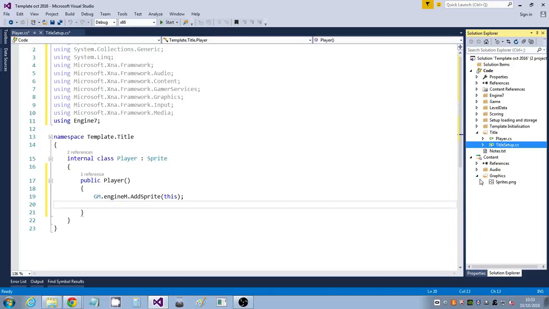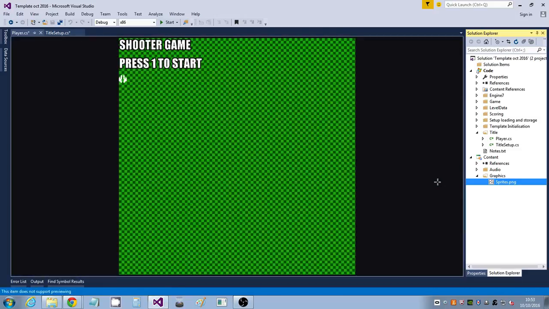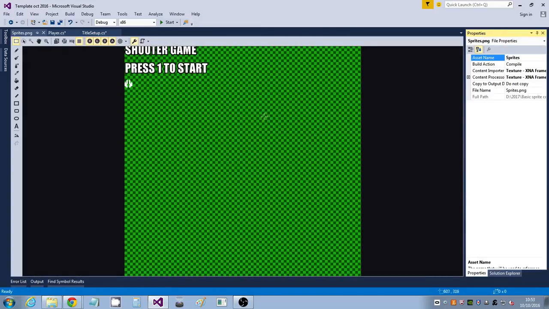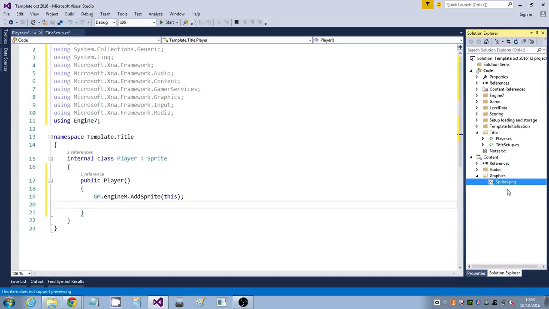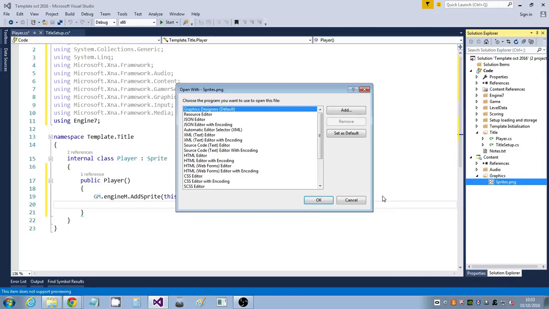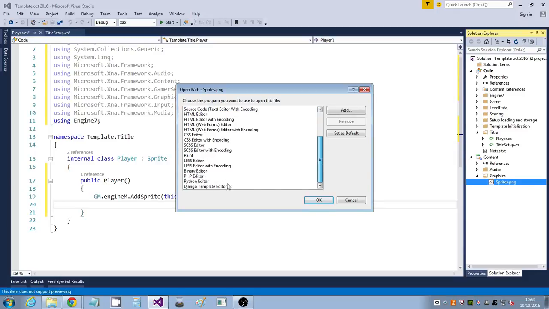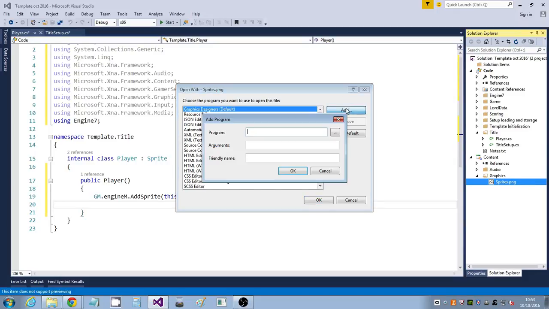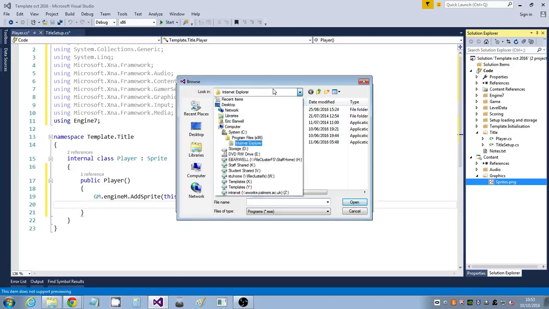Okay, so what I have got access to is this. So I'm going to use one of these pieces of text from this graphic, but this doesn't help me much, the default viewer. So I'm going to close that. So I'm going to right click on sprites. So I'm in the content part of the project now, and I'm going to say open with, and then I'm going to search for Fireworks, and I haven't got it, so I'm going to add it. So I'm going to click on add, then I'm going to click the ellipses, and I'm going to now navigate